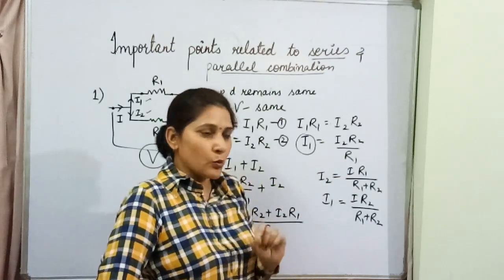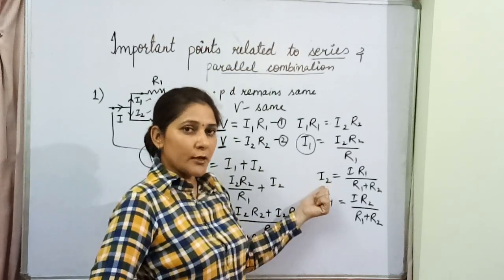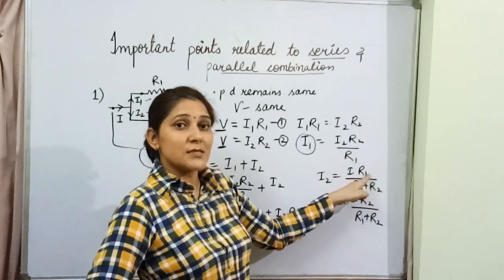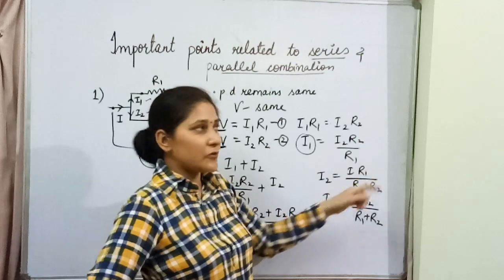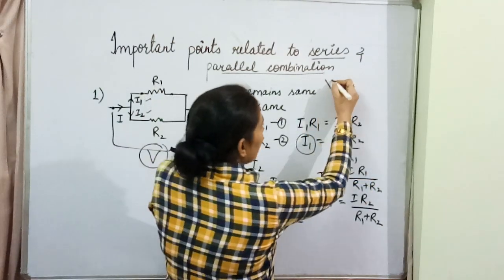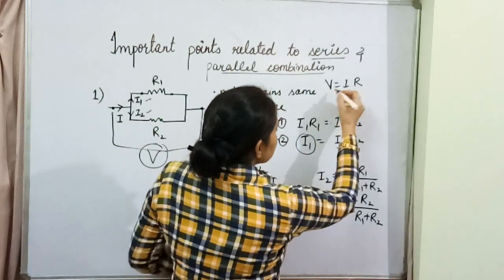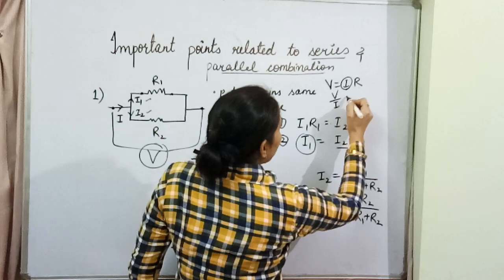This is how you can calculate the value of current by substituting directly into this formula if two resistors are given to you. Now you can learn these formulas directly from here. I can tell you a trick. I2, the current in the second resistor. For that, what you are going to do is total current into resistance, the first resistance. Current in second, resistance कौन सा लिखेंगे सामने? First, because from Ohm's law you are aware V is equal to I R. Okay, and this I and R, if I take this I over here, V upon I is equal to R.